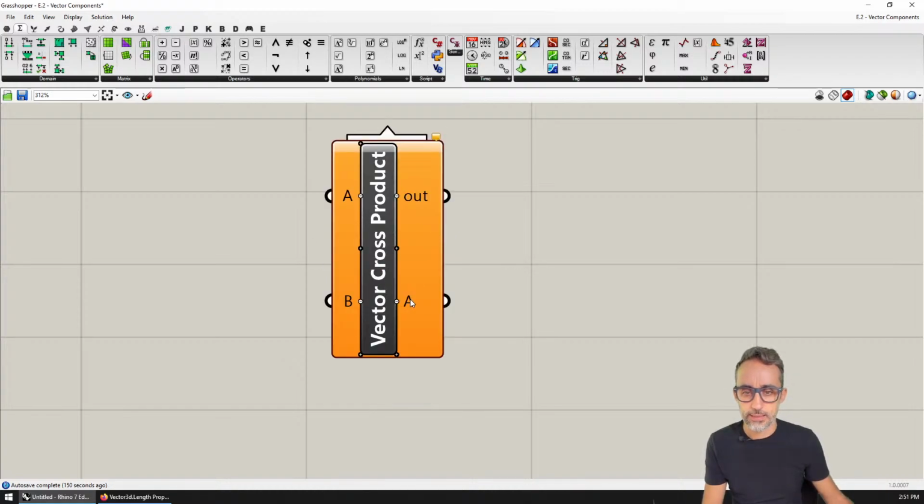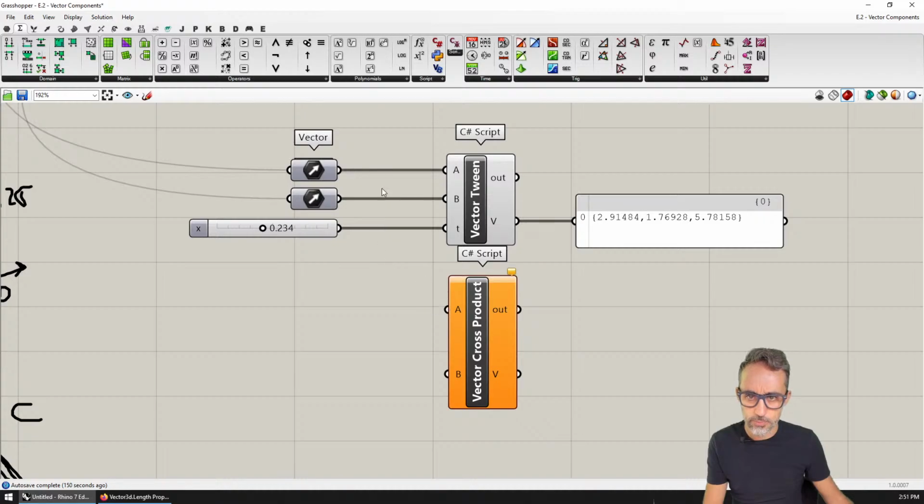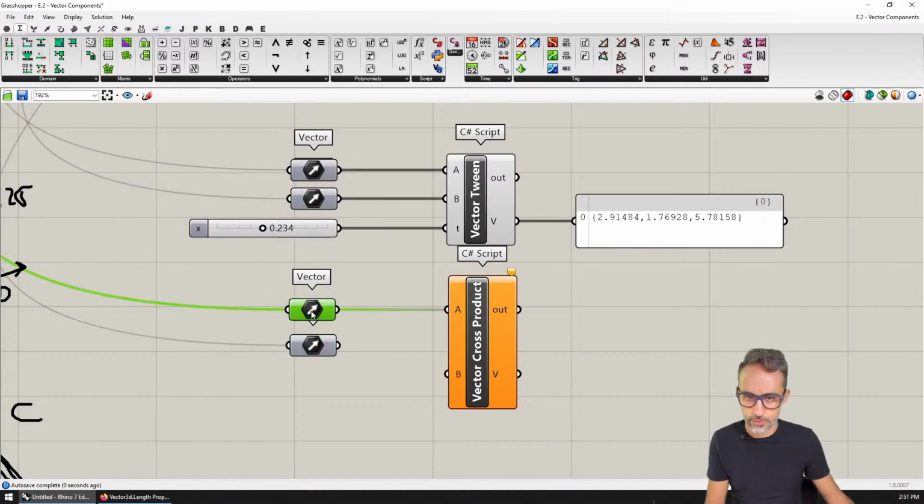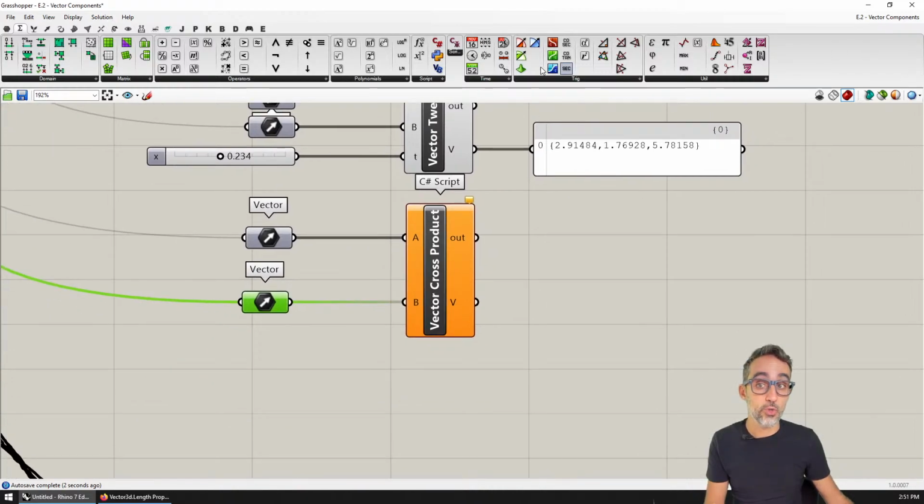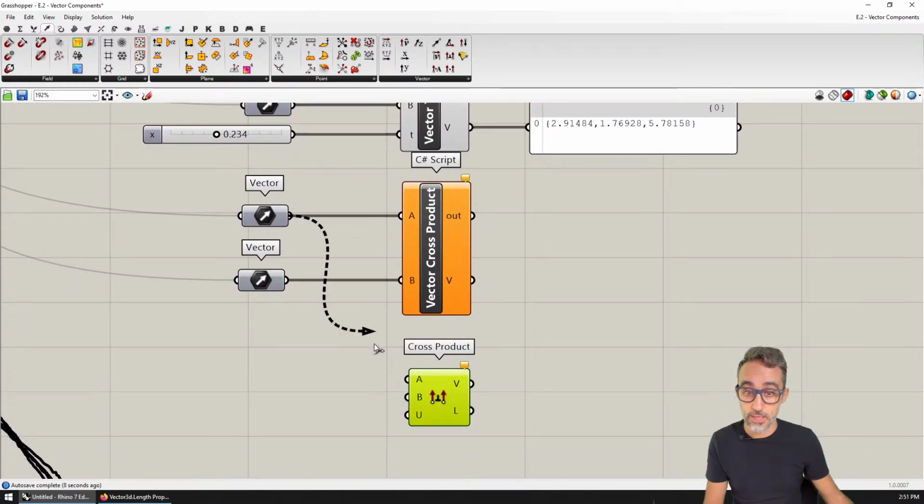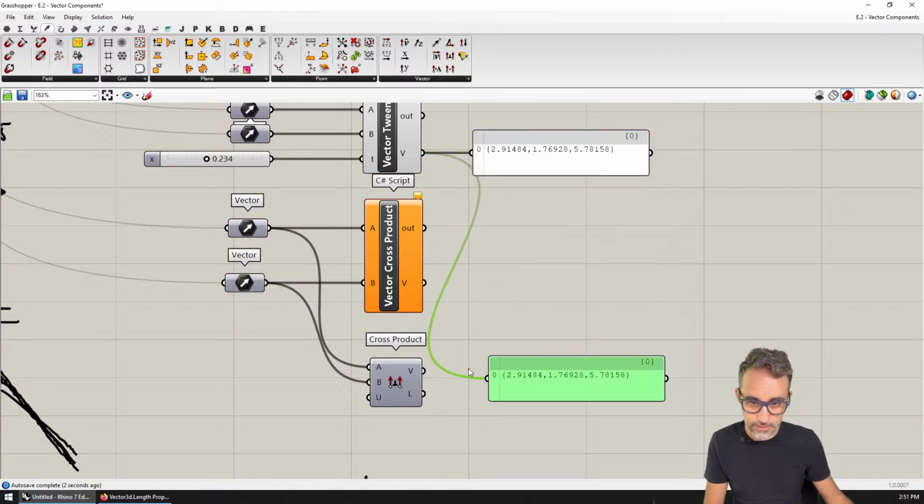All right, and then this is going to be V. So I'm going to copy paste these two. I'm going to plug them here, and I'm going to plug the other one there. And I'm going to compare the result with the cross product, which is available out of the box. So cross product, and you can see that